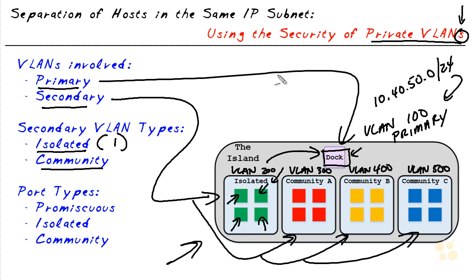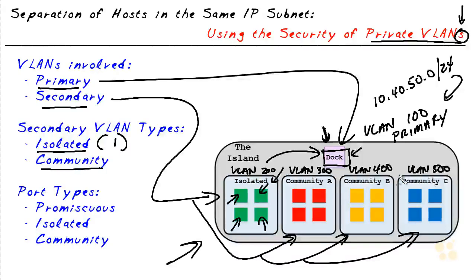It's so they can get in and out of this VLAN environment. And we'll take a closer look at this dock port here in just a moment. With community VLANs, you can create more than just one. If you want to have 5 or 6 or 7 different community VLANs because you have 5 or 6 different customers that all want to have interaction with other devices from that same company, you simply create a new VLAN